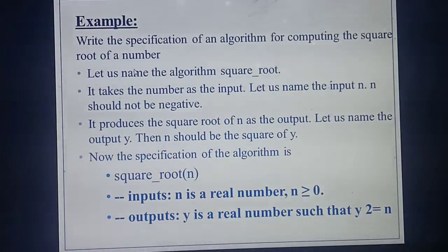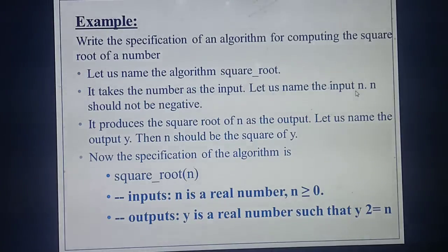These are the common rules for writing a specification algorithm. Okay, so based on the rules, you are going to write this algorithm. What's the algorithm, students? You are going to calculate the square root of a particular number. First step is you should name the algorithm, isn't it? So you can name the algorithm as square root. Okay students, what is the name? Square root. Okay, so what's the next step? First you need to name the algorithm. Then the name of the algorithm is followed by input. To give the input you need to declare some variable. So here you are taking the input variable as n.